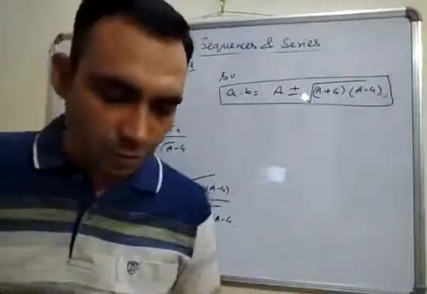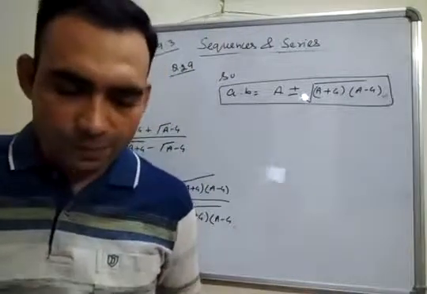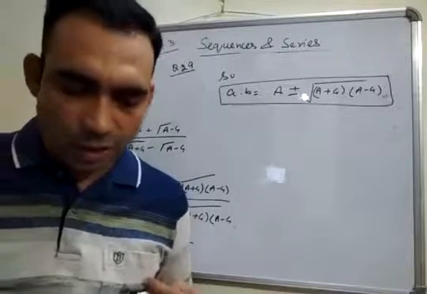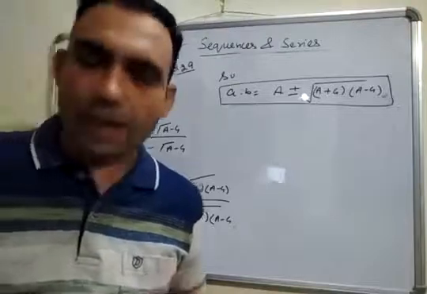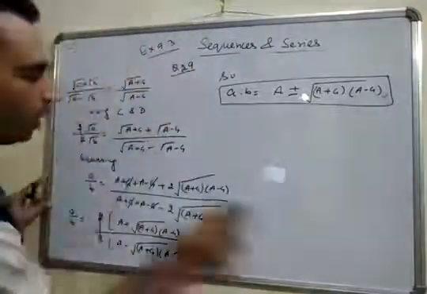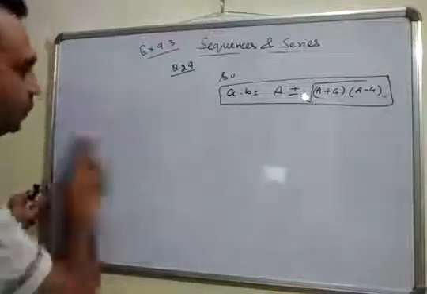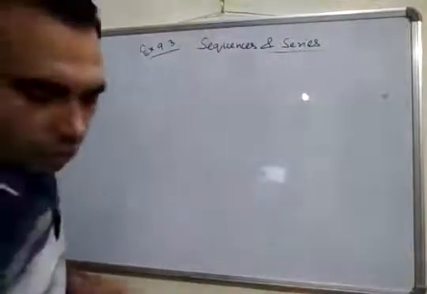Now let us take question number 30. The number of bacteria in a certain culture doubles every hour. If there were 30 bacteria present in the culture originally, how many bacteria will be present at the end of second hour, fourth hour and nth hour? These are word problems based on geometric progression. Question number 30.